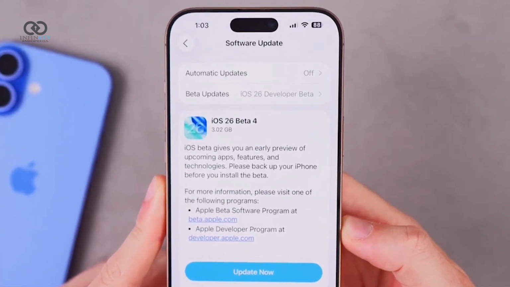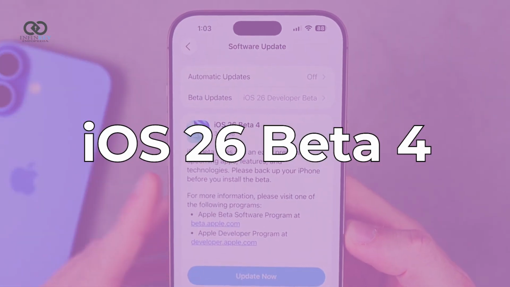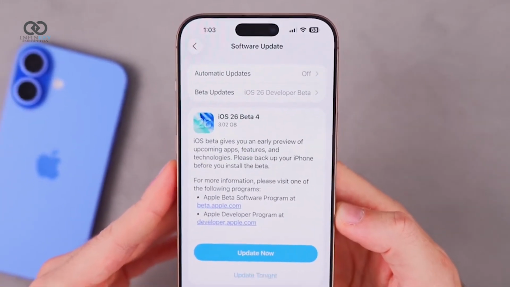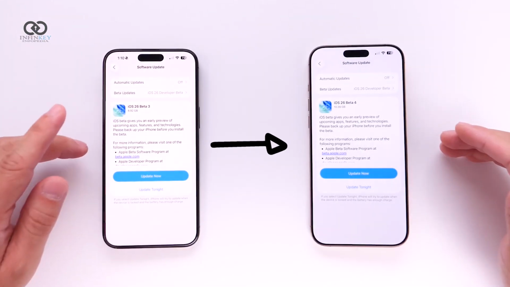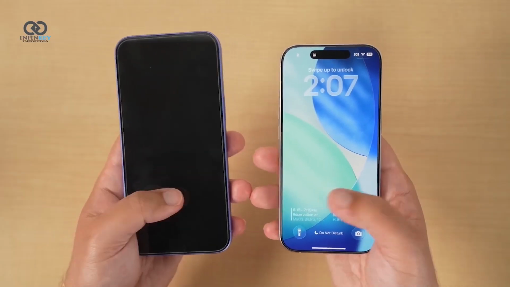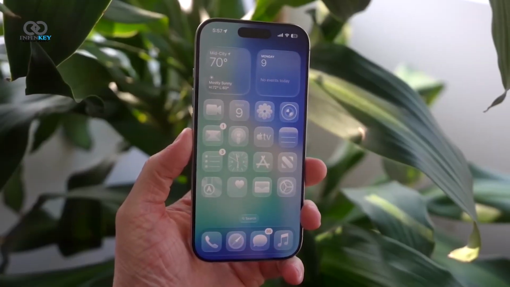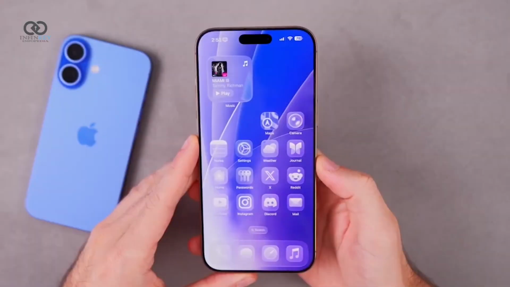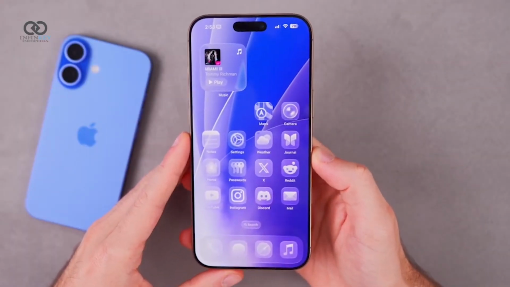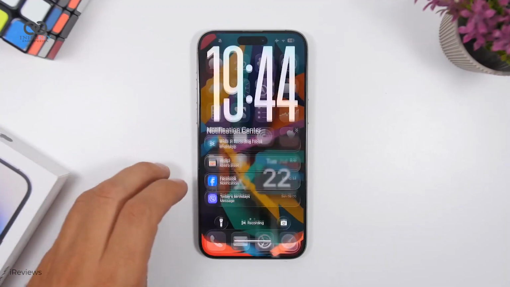Apple has just rolled out the 4th developer beta for iOS 26, bringing along several noticeable tweaks and visual enhancements. In this update, many are comparing it side by side with Beta 3, and one of the most talked about changes is the return of the original liquid glass design in various parts of the system. This subtle yet elegant effect adds more depth and transparency to various UI elements, giving the operating system a more